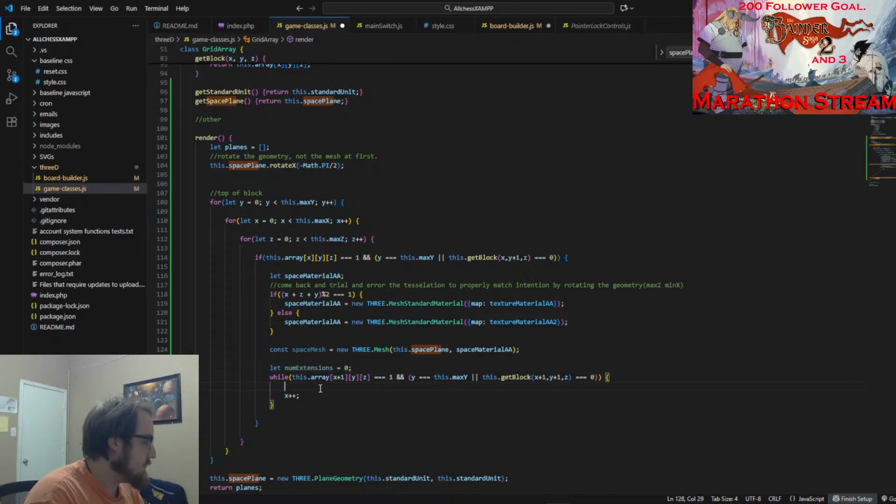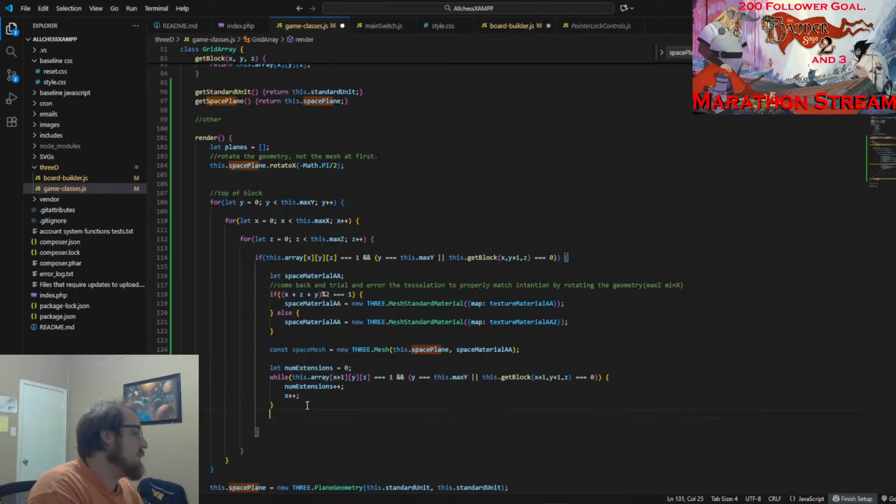And then num extensions plus plus. So I'm not iterating by the scale anymore. I'm counting the number of extensions. And then at the end, I